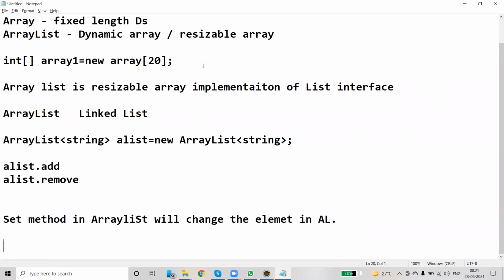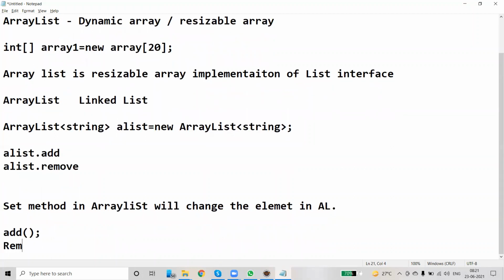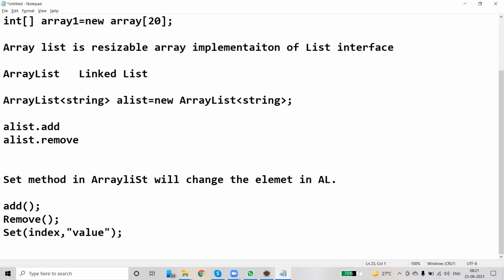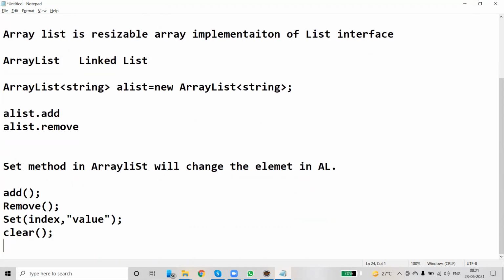What are those methods actually? We have methods called add, remove, set, index value, clear, and sort.